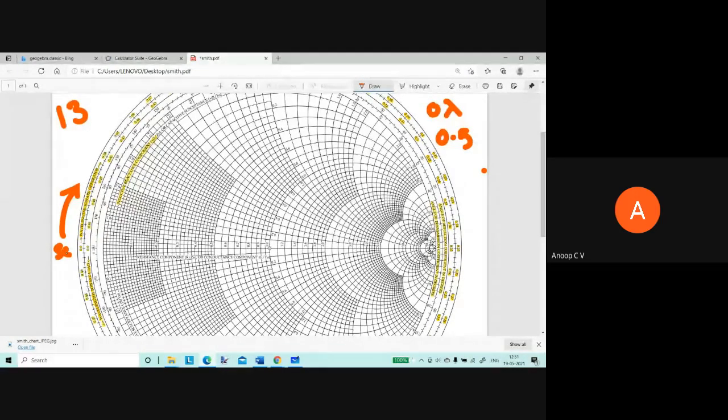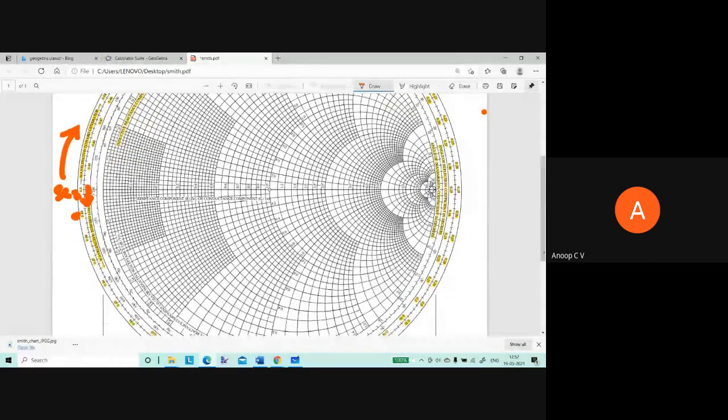You can see here, it starts from 0 and it ends at 0.49, 0.5 lambda here. And similarly, if you see the other one, the rotation in the anti-clockwise sense, that is distance towards load. There again, you can see 0, 0.00, then all those marked. So from the short circuit end, distance is marked. Here the short circuit end point is 0 distance towards load end and 0 distance towards